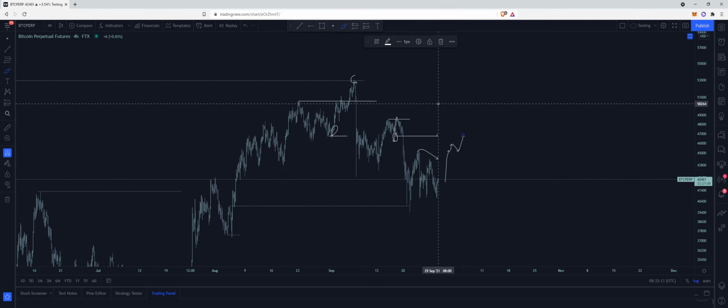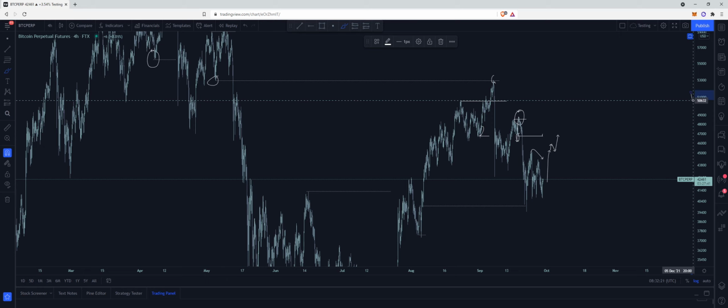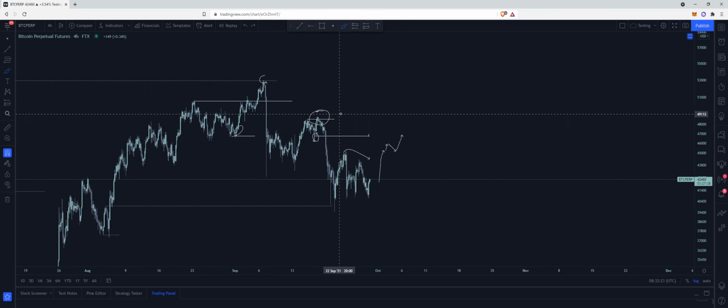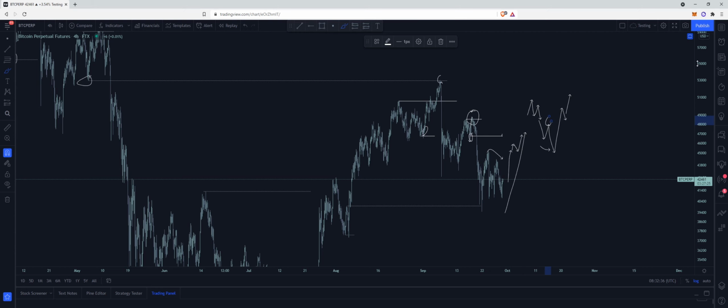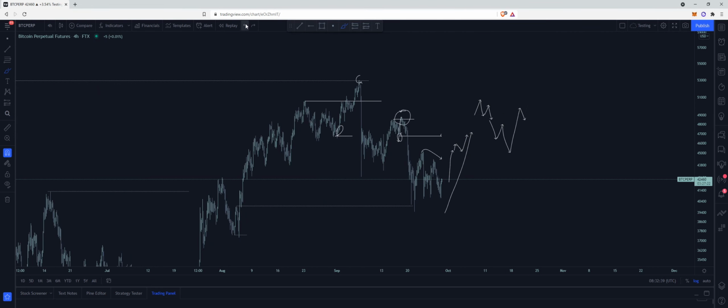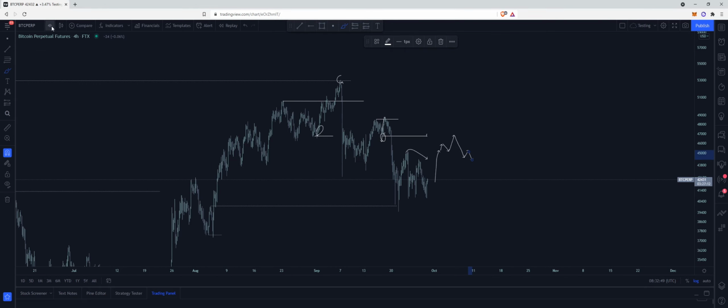Now, if we can invalidate this level and see some kind of daily close above, then that would be the first sign that the bull trend is going to continue. Once we do, or if we do see a daily close above, I would then need to see reaccumulation inside of this range, something like this. Then once we see that, it would be safe to enter swing long positions into 70k. But until we do see that, I think the most likely scenario is a retest of this level, where we will then sell off, or maybe we don't even retest that level,